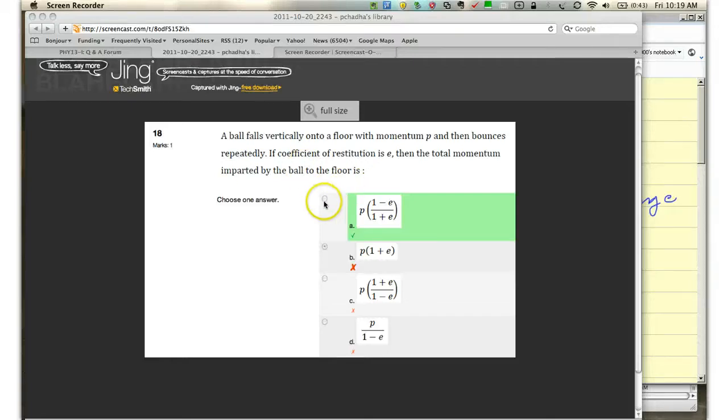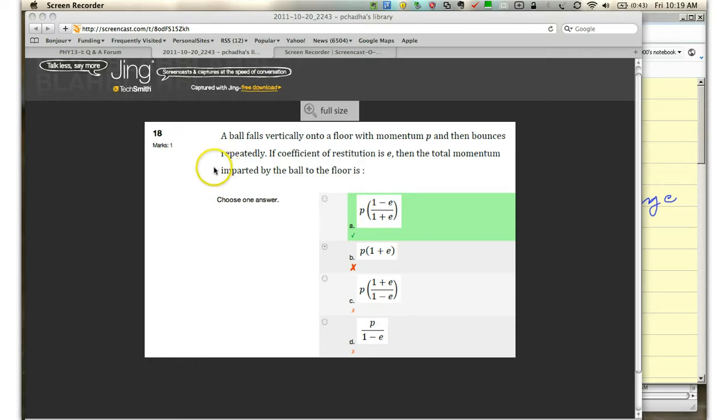Okay, Puneet, let's see if we can answer your question. So here's the question. A ball falls vertically onto a floor with a momentum p, bounces repeatedly. If the coefficient of restitution is e, then you need to compute the total momentum imparted by the ball on the floor. So just by looking at the problem,